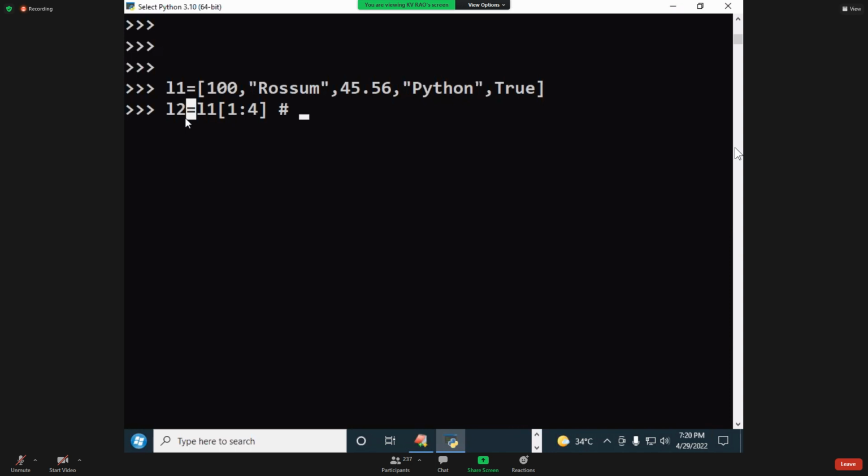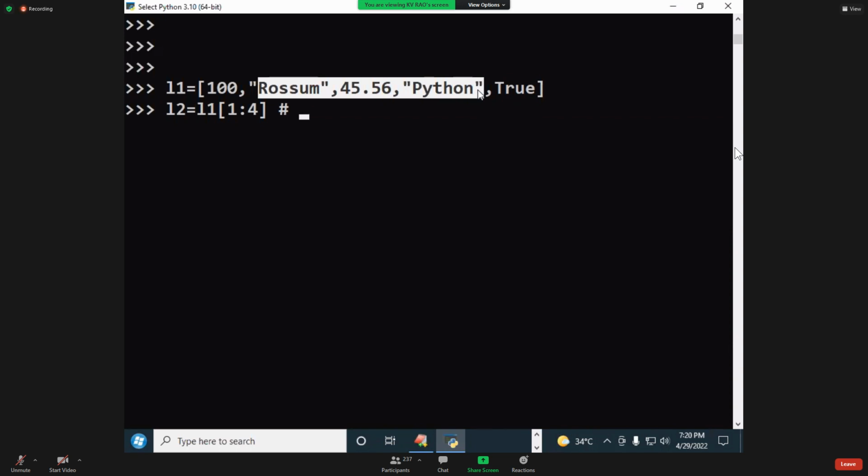Why wrong? A small intelligence. Even a small kid can understand. What is deep copy? Is it copied as it is or not? As it is copied. But here I am not copying as it is. I am taking a portion of it, a part of it. So slicing based copy is always,